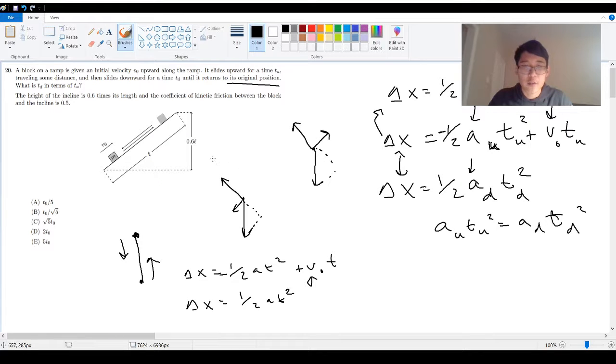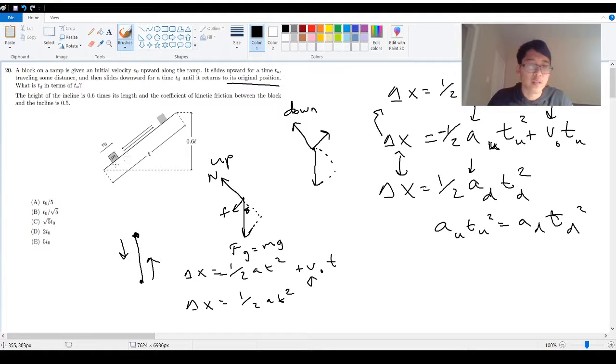So this is going up and this is going down, and we know that the acceleration, well, this is the force of friction, this is the normal force, this is force of gravity. So let's see what we're given. So Fg is obviously just mg, and this angle here, theta,